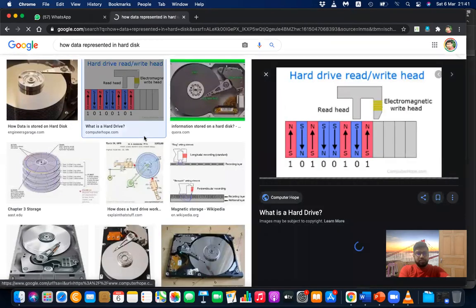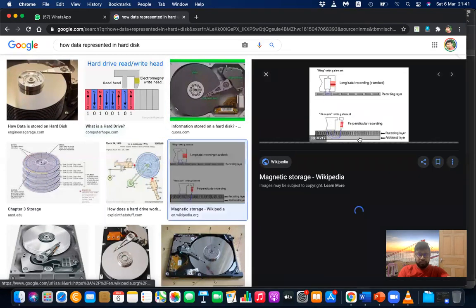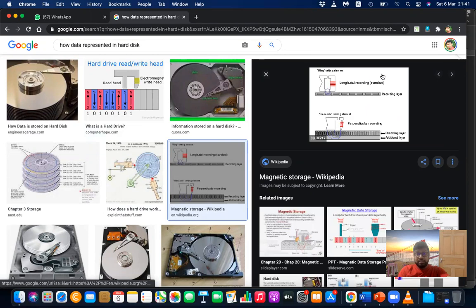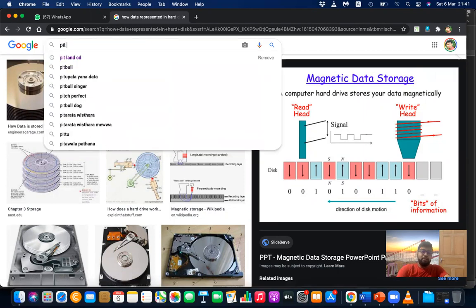This is basically done by the head, by magnetizing the sectors in the hard disk. That is the mechanism used by magnetic disks to store something inside them. Then optical disks use a pit and land mechanism.